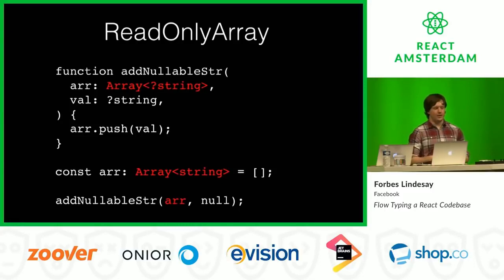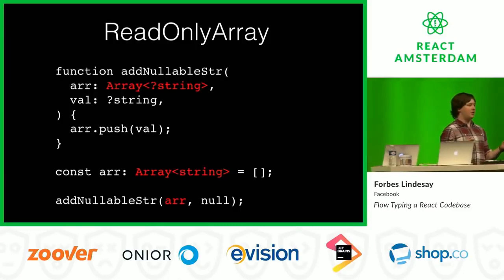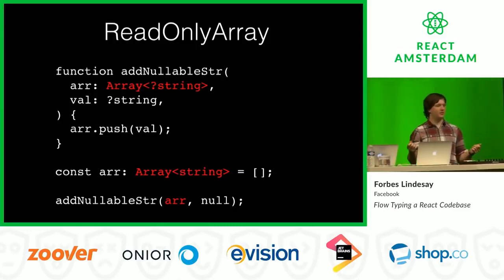Next, I'm going to talk about read-only arrays. We'll start by looking at an example with a writable array. Imagine a function, add nullable string, that takes an array of nullable strings and a nullable string and puts that value on the end of the array. That seems fine. If we imagine we pass an array of not nullable strings to it and the value null,